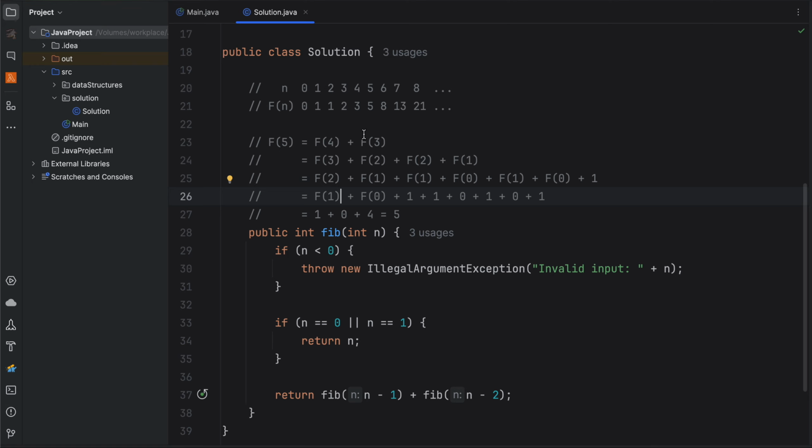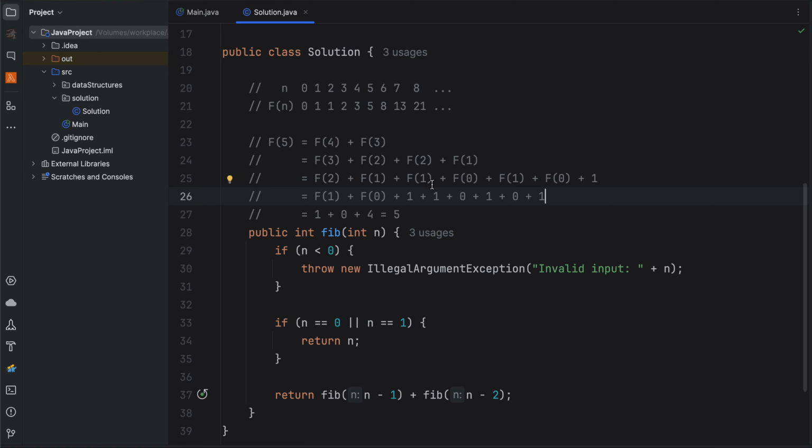So we are wasting our time solving a similar sub-problem multiple times, and that's why this approach is not that efficient. If you check the time complexity, it turns out that it has an exponential time complexity,